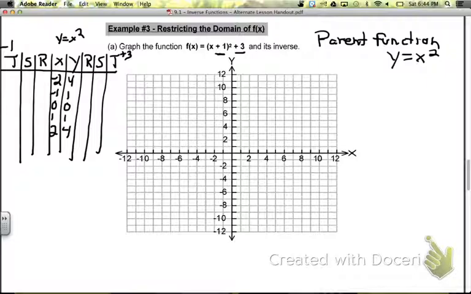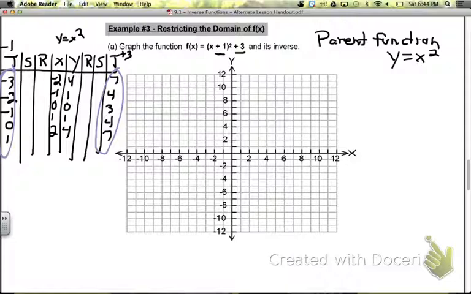So each x value, you're going to minus 1. So negative 2, minus 1, is negative 3, and then negative 2, negative 1, 0, and 1. Now you're going to add 3 to each of your y values. So 4 plus 3 is 7, 1 plus 3 is 4, 3, 4, 7. So those are now going to be your x and y values that you're going to use to graph your